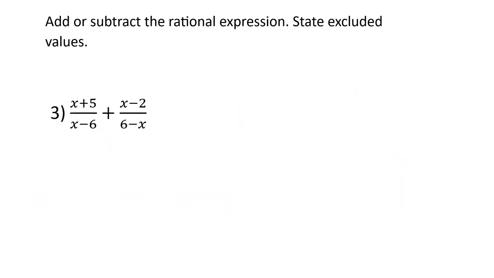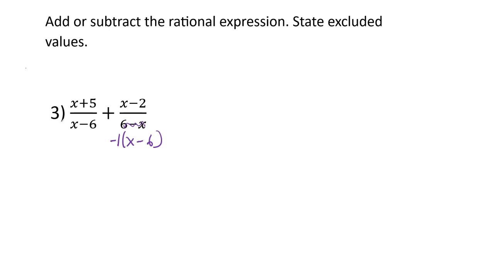Okay, another problem on addition and subtraction. So when I'm looking at the denominators to see if they're the same, I can tell they're a little different. One is x minus 6 and one is 6 minus x. Now in class, remember I told you if you ever see 6 minus x or a number minus x, it really means -1x minus 6. Don't forget your -1. So now when I look at my denominators, they look almost the same, but the one